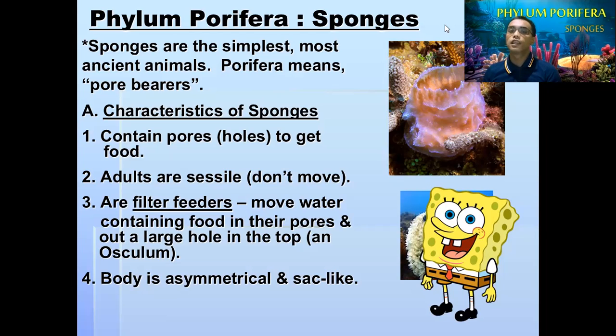And for adults, they are sessile. What is sessile? Sessile is a characteristic of adult sponges, which means that they cannot move themselves, or they can only move via external force or water current, but are usually permanently attached to something like rocks and corals.